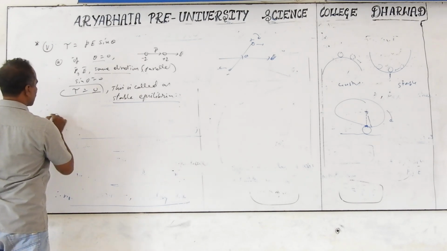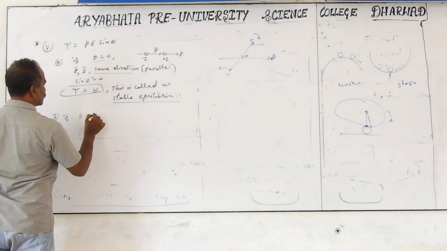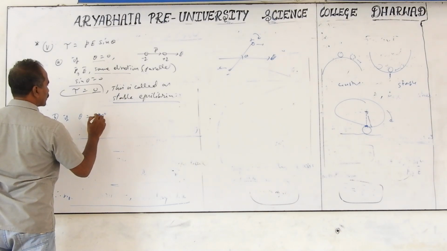Next is if theta equal to 180 degrees. 180 degrees means